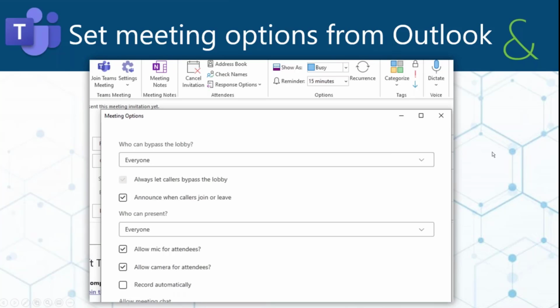Meeting options. Meeting options are set globally by your administrator, but you have the option to modify those options. One thing that is super annoying is the announce when callers join or leave. That training that I had done the other day with 70 people in it,